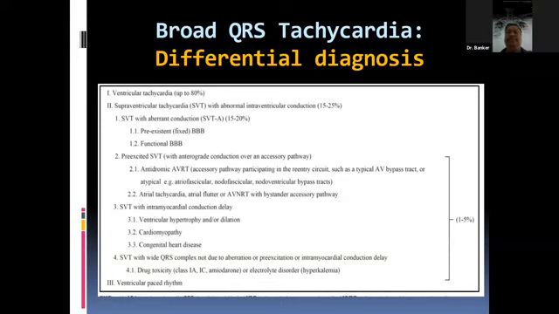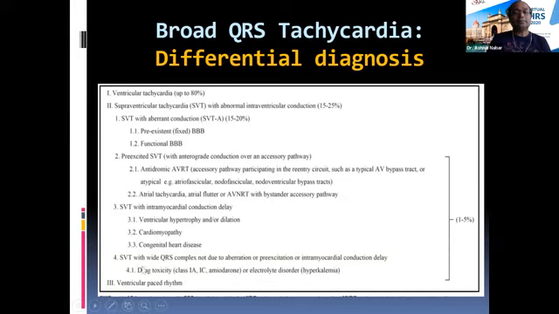And sometimes this slowness in conduction in the ventricle could be because of drug toxicity or electrolyte disorders. And then your supraventricular tachycardia could look like a wide QRS tachycardia. And the third group could be when the patient has a pacemaker. Obviously the QRS is wide, and if you have atrial tachycardia which is followed by a dual chamber pacemaker, then you could have it as a wide QRS tachycardia.